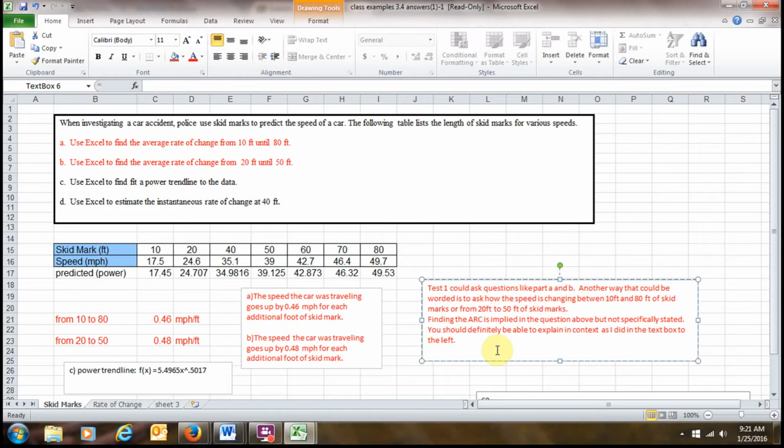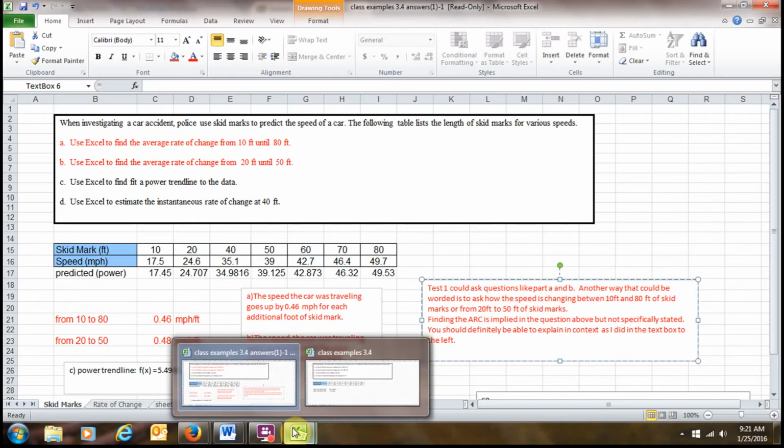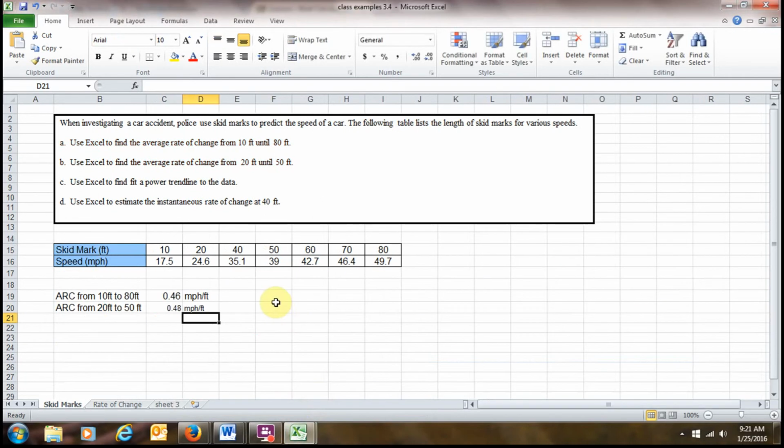However, it lends itself to carry on to the next two questions, or especially to question D, that helps us look at something that will not be on test 1 but will be on later tests. And so that's why we want to go ahead and expose you to it now while we're talking about average rate of change. So going back to the class examples that we're doing here, question C asks us to fit a power trend line. So of course we're going to get our data,